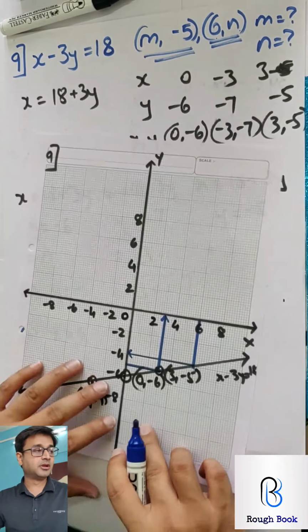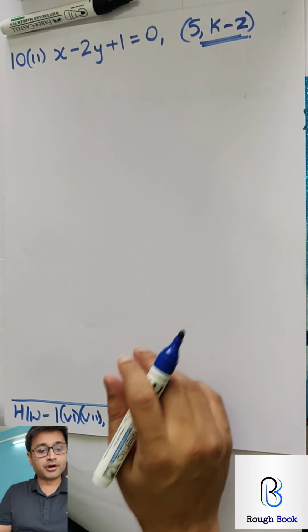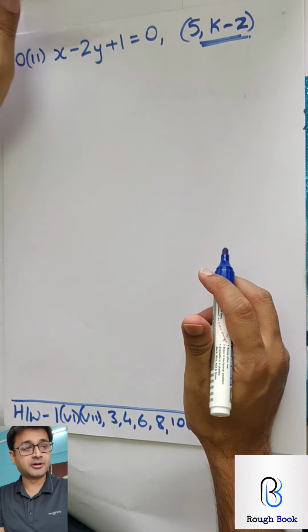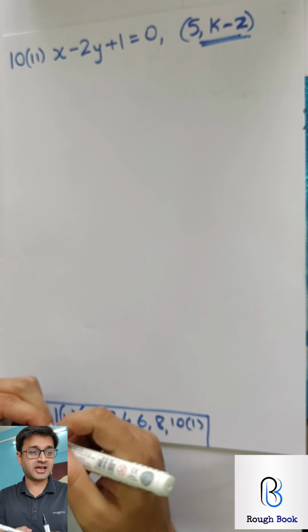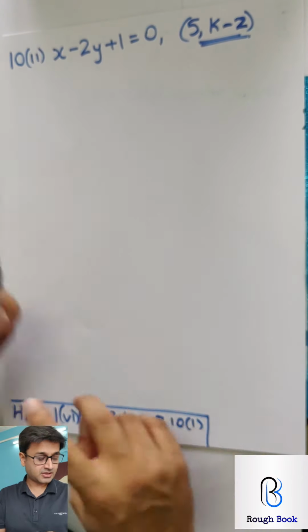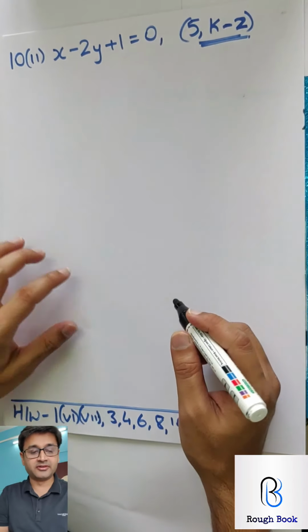One more sum, similar type. Let's finish it, and then there is something new. I want you to try sum number 10. I am 100% sure most of you all will manage this on your own without anyone's help. So come on, hit it guys. Sum number 10 part 2. First plot this, then how to get this I will tell you.